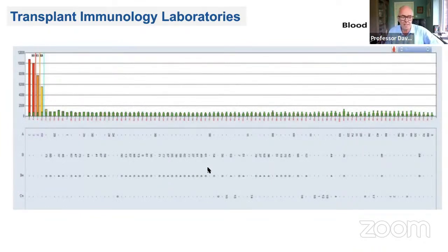This is an array for HLA class 1, A, B, and C, and shows the reactions. And this is just a histogram which measures the fluorescence of each individual bead. And as you can see, this is actually quite a simple reaction. It's got 3 A2 beads in this array. They're different forms of A2. All 3 are positive, and if you've got good eyesight, you can see that this bead with HLA 69 on it